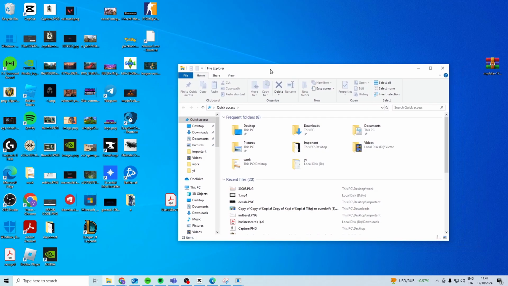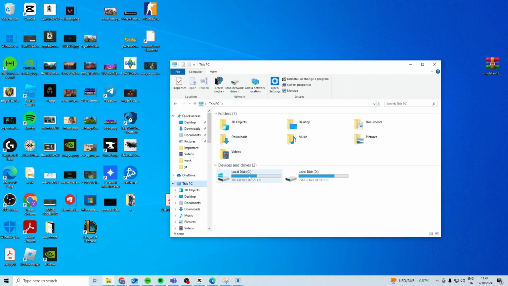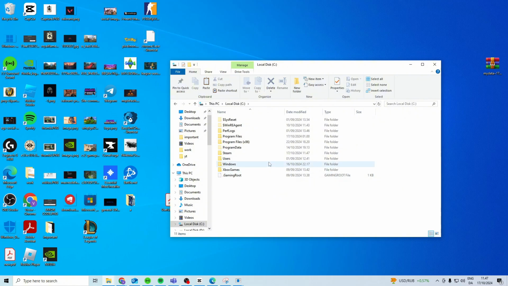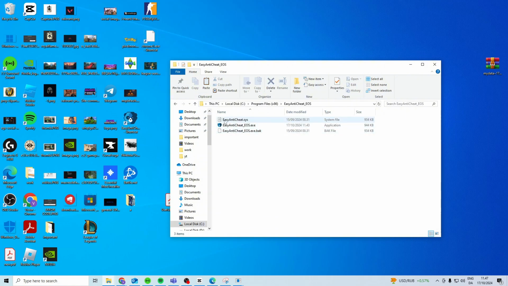and from in here we're going to look for our EasyAntiCheat folder. Now mine is on the C drive and yours most likely is as well, under Program Files, and you should have an EasyAntiCheat folder. Now if you have EasyAntiCheat, just that name, or if you have EasyAntiCheat EOS, both are fine, just open it up and look for this file,